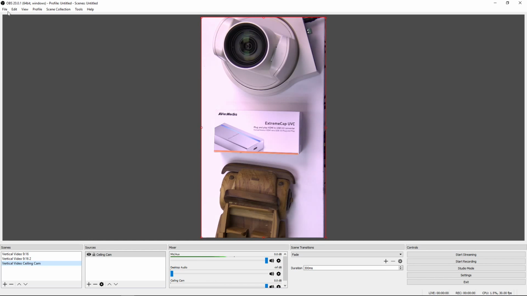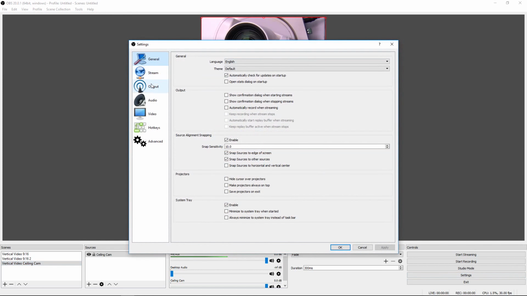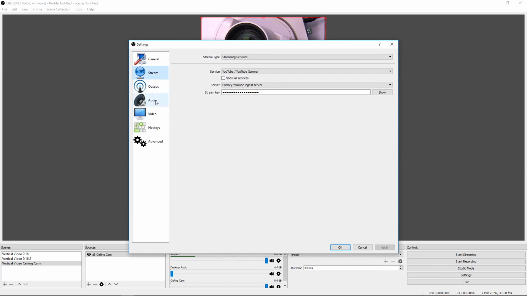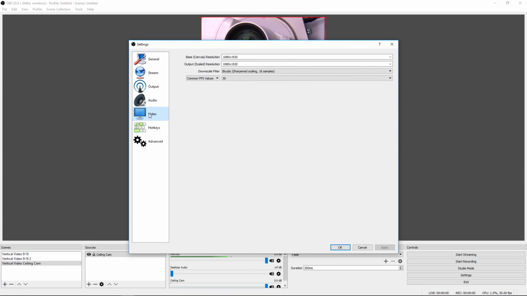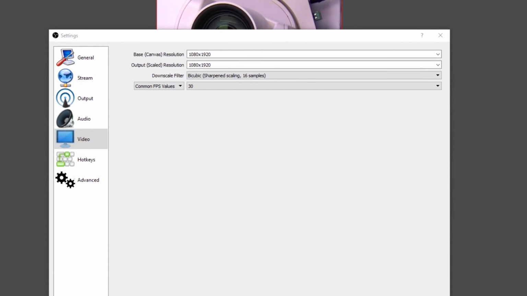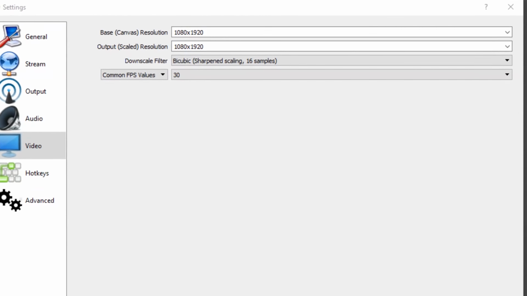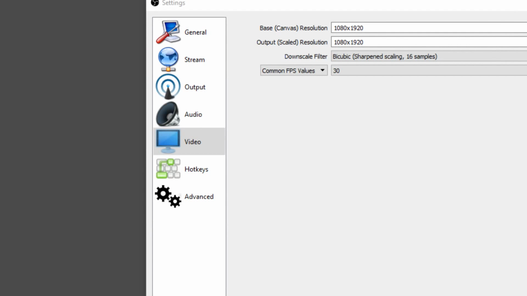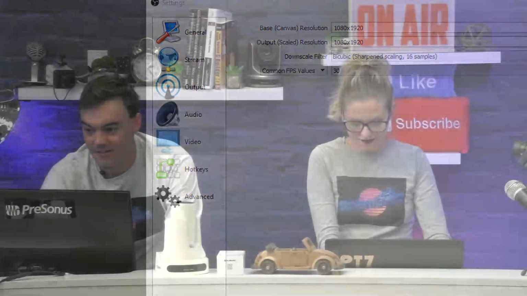That's how we produce. Now here's the last thing I've got to show, which is the settings. In the settings here, I think it's right here, video. Look what it's set to: 1080 by 1920. So we just have to think about the resolutions and the aspect ratios when we do this kind of stuff. 1080 by 1920. So that is some of the geeky streaming stuff that we